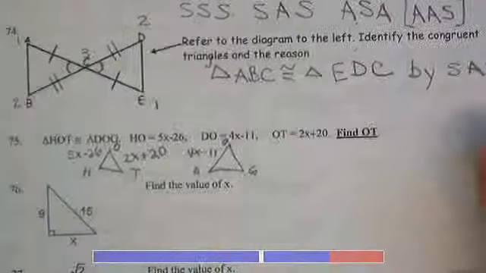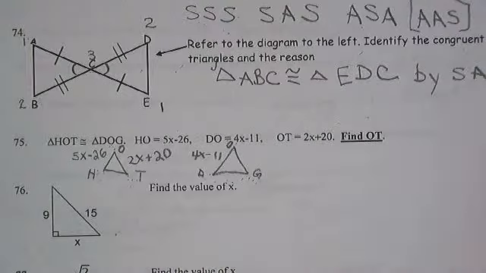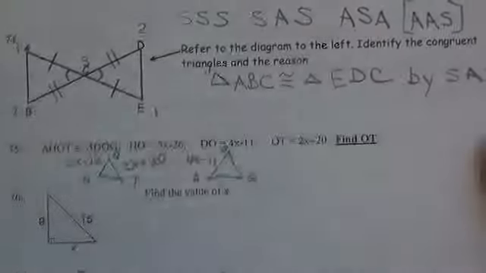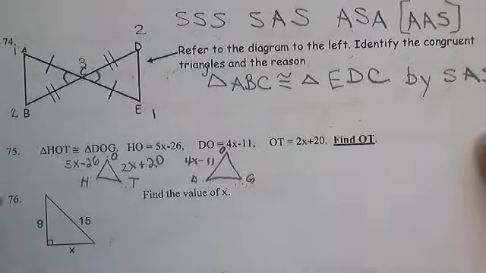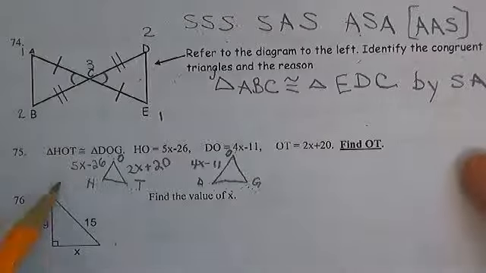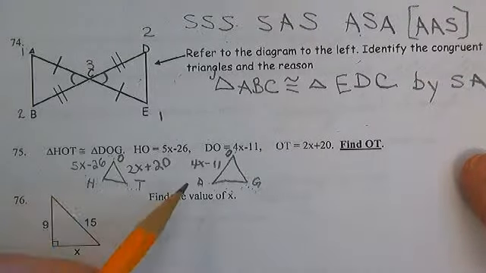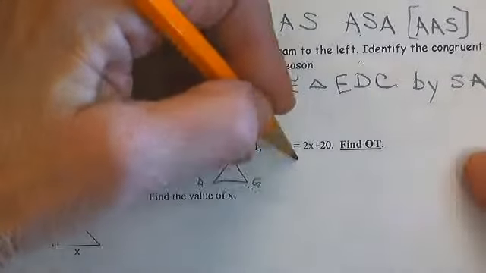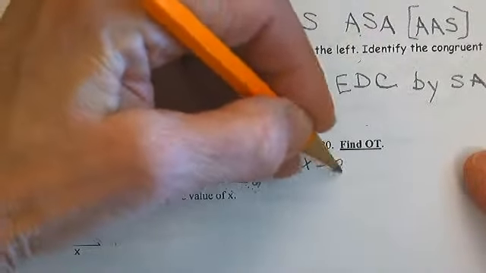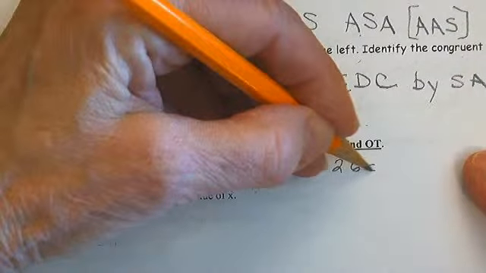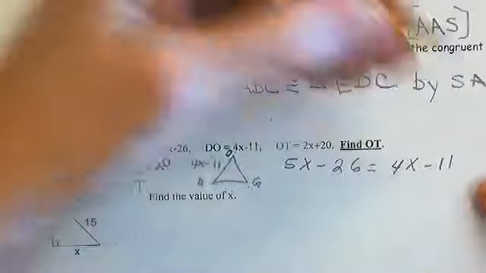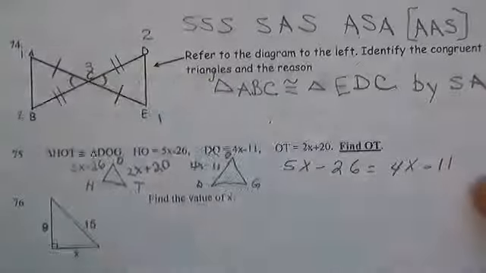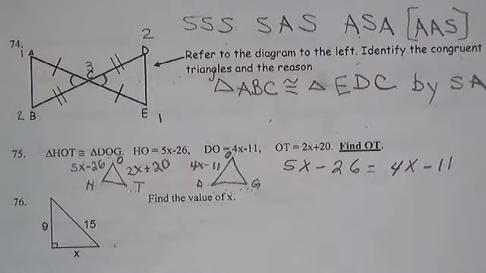Yeah. Okay, so if this is more a problem about sides, Ben, did you have a new thought? I was going to say for the equation was 5x minus 26 is equal to 4x minus 11. I knew that's what you were going to say. 5x minus 26 is equal to 4x minus 11. So, solve it, and I will call on